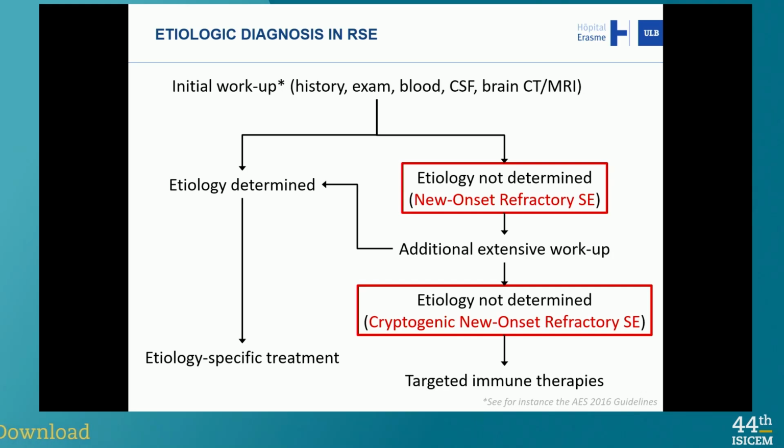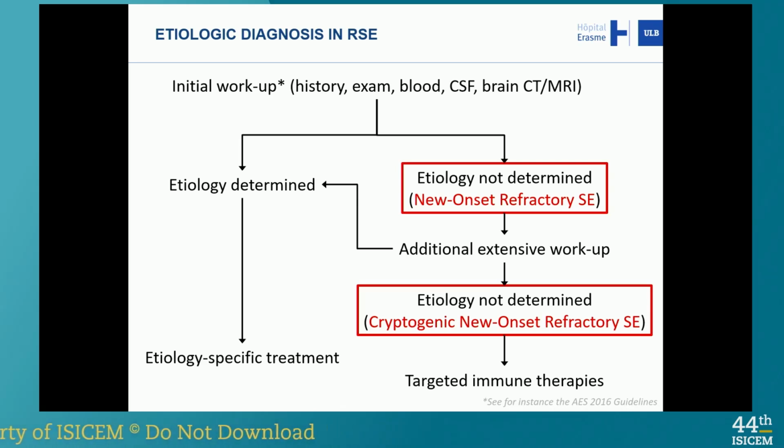I think when you think about it, it's always about finding the etiologies, right? Either the obvious one, and initially and very quickly you can get your patient on the drugs that you need. If the etiology is not obvious, then look for autoimmune encephalitis, look for atypical CNS infection, think about mitochondrial and other genetic disorders, because that might lead to specific treatment as well. And if despite all these extensive investigations you can't find the etiology,